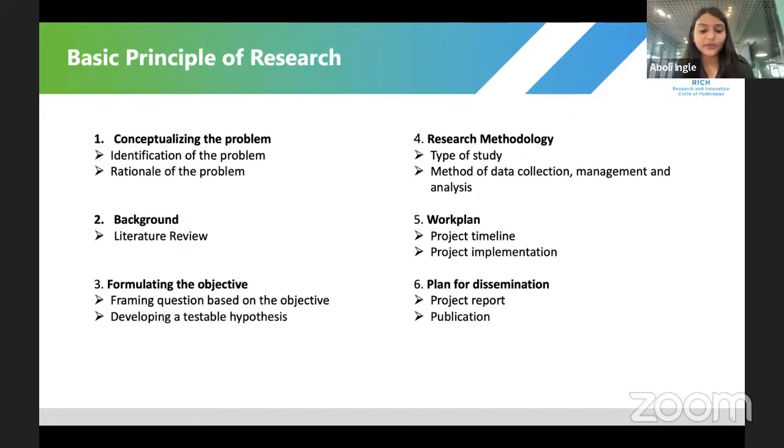So this project report will have everything, right from the introduction to literature review, like understanding the gap, then objectives, research questions, then type of methodology, the steps that you took during the methodology, like data collection, what were your management procedures, the analysis that you've used, and your timelines, your project implementation, everything. And then you'll have your results. After results, there will be some discussion, like how did you do the research? What are the limitations when you were doing this research? And at the end, you will conclude your research.